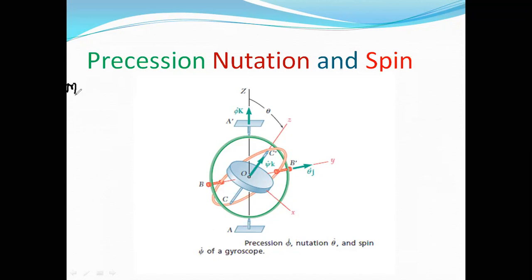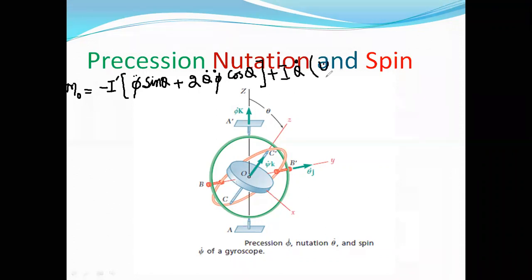The final expression that you will obtain, it will be summation of all the moments about point O is equal to minus I prime phi double dot sine theta plus twice theta dot phi dot cos theta plus I theta dot psi dot plus phi dot cos theta I cap